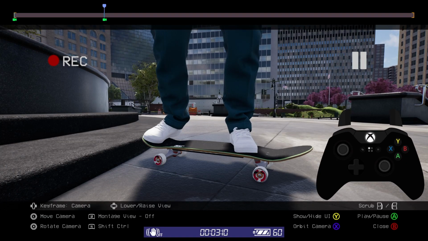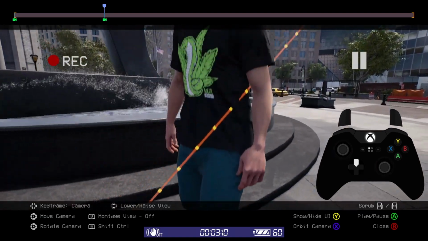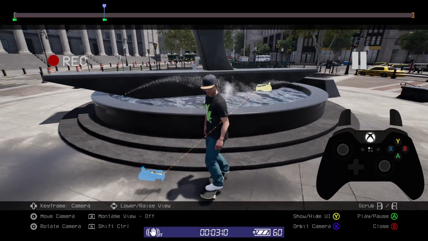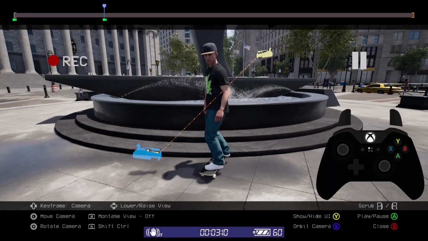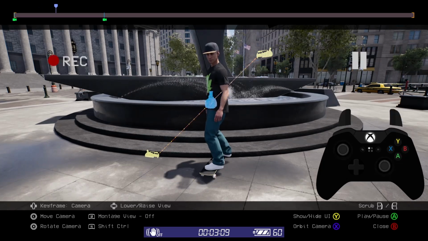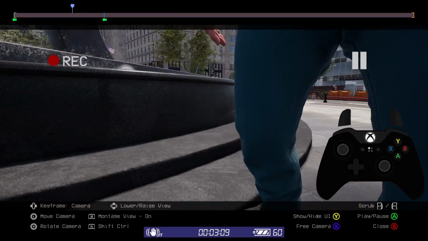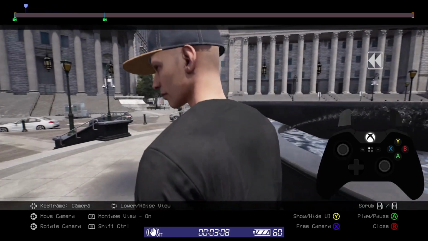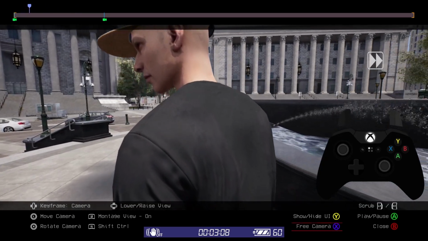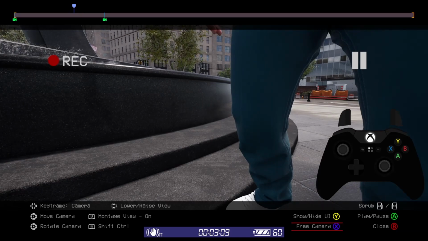This is probably a good time to mention the montage view. At the moment you can see 2 small gold cameras which represent the keyframes and a blue camera which is the actual camera. If I scrub between the 2 frames you can see the camera moving along its path. If you enable montage view by pressing the left shoulder button and scrubbing backwards and forwards, you'll notice we're now looking through the camera. It's worth noting, using the montage view you'll be locked into the free camera, so any camera movements at the time may respond differently to what you're expecting.